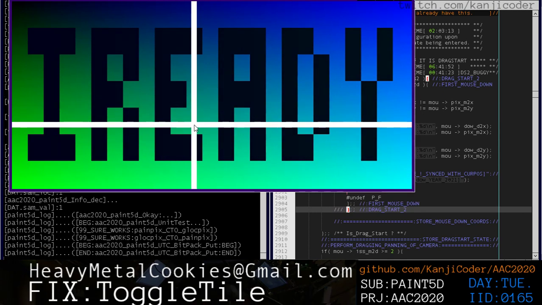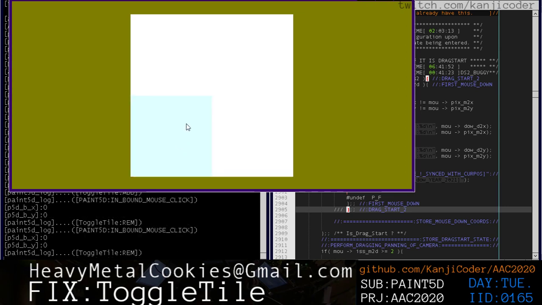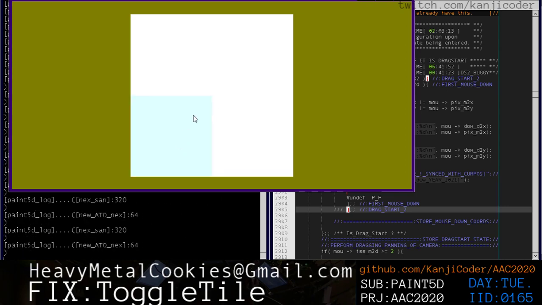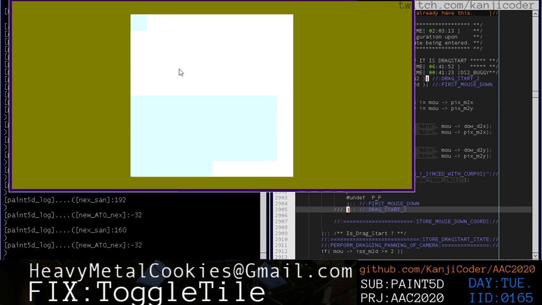Okay, so I'm thinking that for the ToggleTile function, the smallest tile value, right? If we zero everything out and use the smallest tile value in the first quadrant and the first local XY location on the first layer, if we do all of that, then I'm thinking that maybe the ToggleTile function will yield something that we can see. So up here, we want to